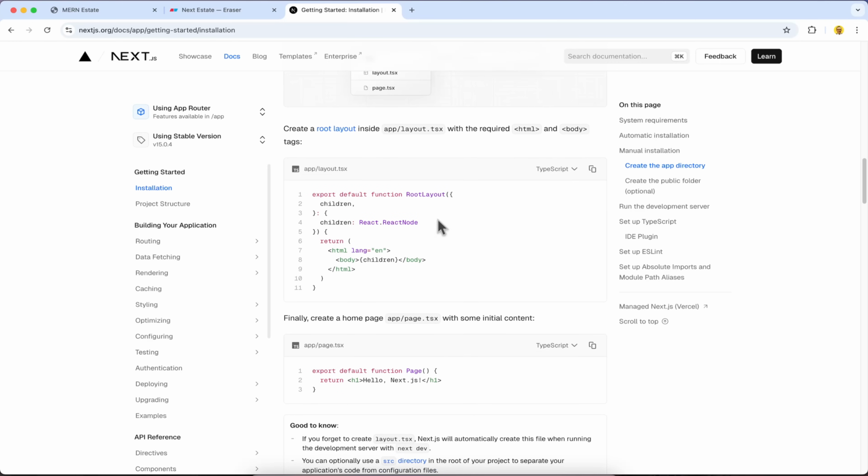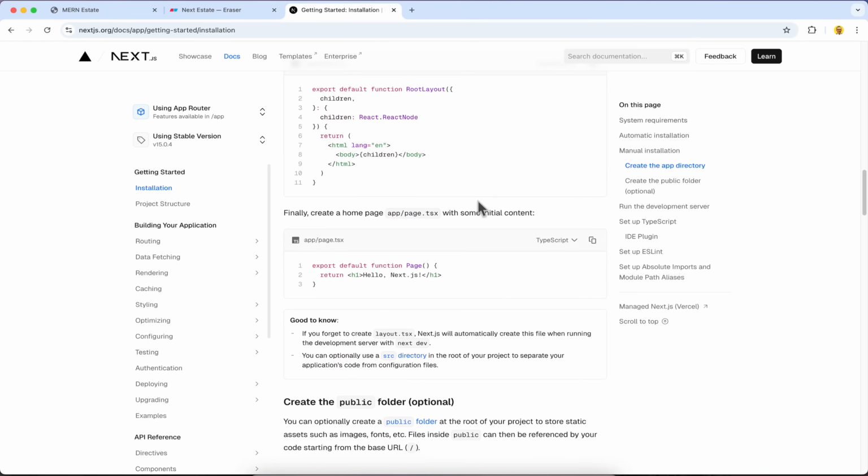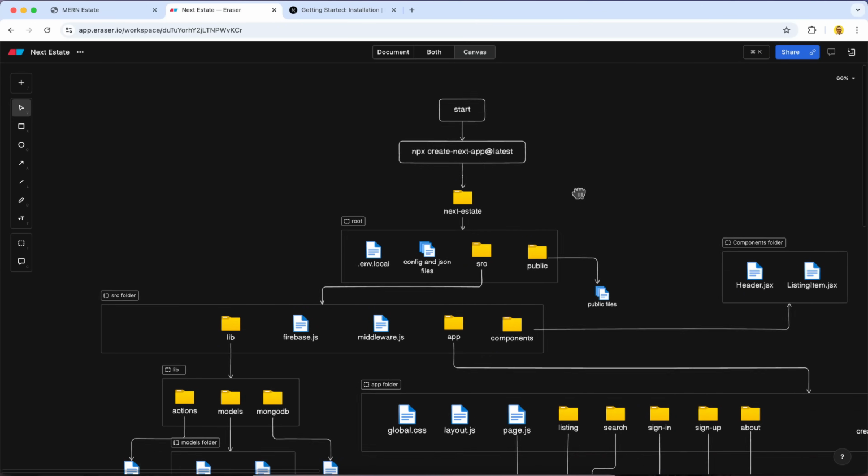the layout. This is our layout. So this we can add like header and etc. inside this, and also we're gonna have the home page. Inside the app directory, we're gonna have a page.jsx or home page. If you look at the eraser, we can see now we have,